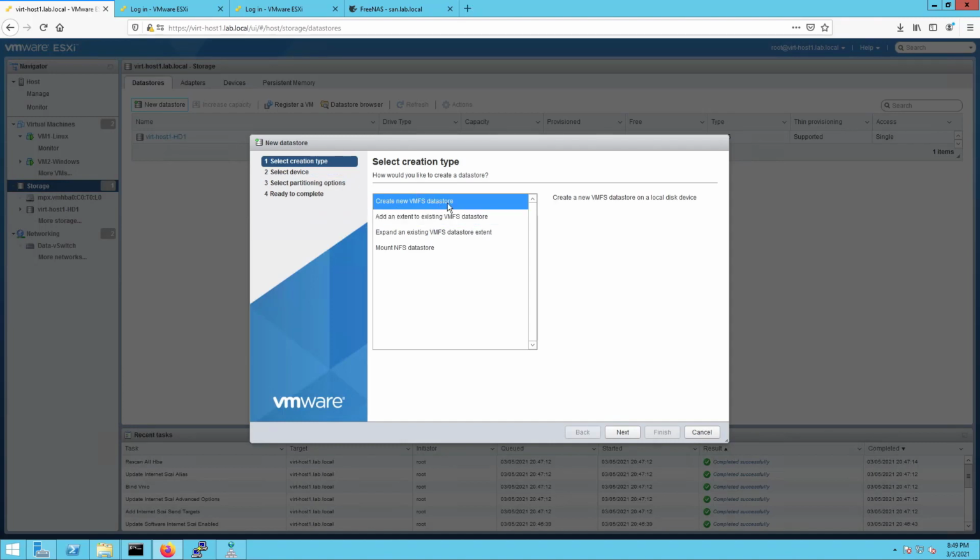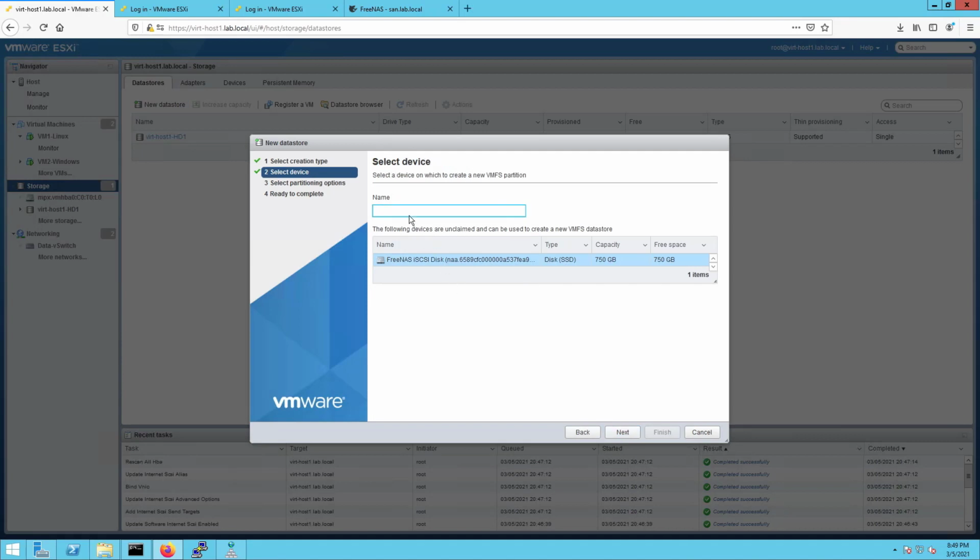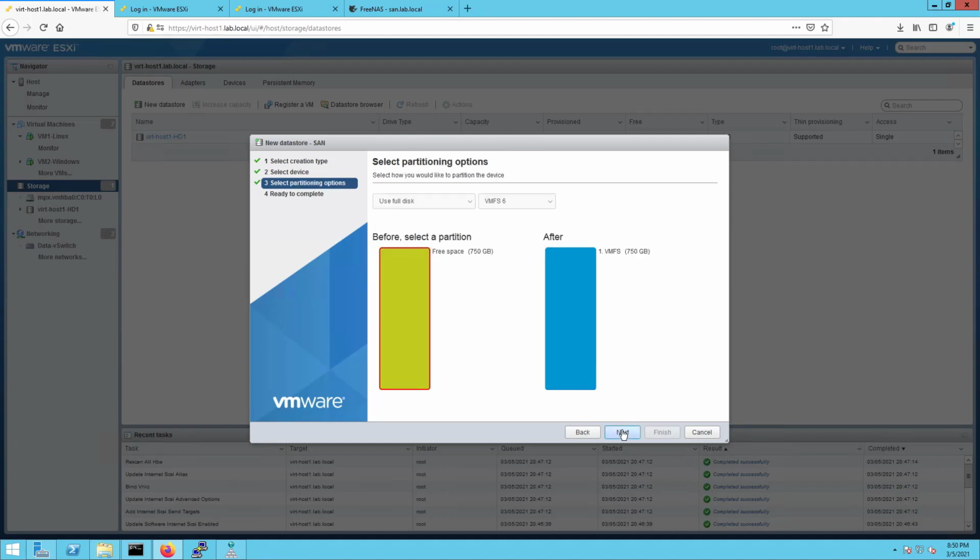I'm going to say create a new VMFS data store. I'm going to click on next. And we can see, I'm going to call this guy SAN, and we're going to use this particular drive to do it with. Click next. We're going to use the full disk. We're going to use